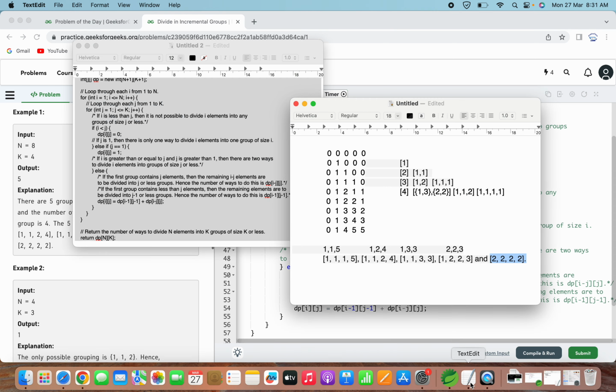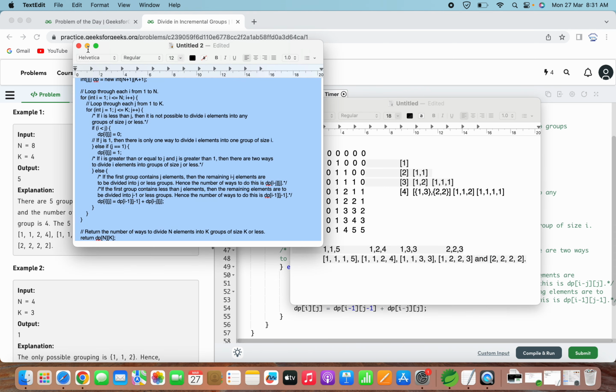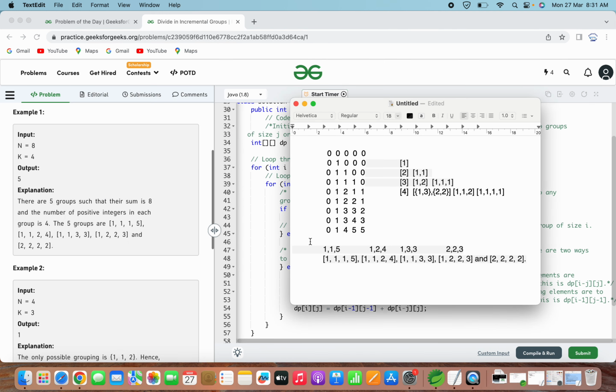Let's go back to this example again. If you are seeing this option, what will be the value here? The value here will be 8 only. To get 8 with group size of 1, we have only one option, that is 8. To get 8 with group size of 2, we have so many options, 4 options. But when j is equal to 1, that means group size is 1, then the only option is to populate the dp array with i only. That means the value will be the value of i only. I hope this is clear.